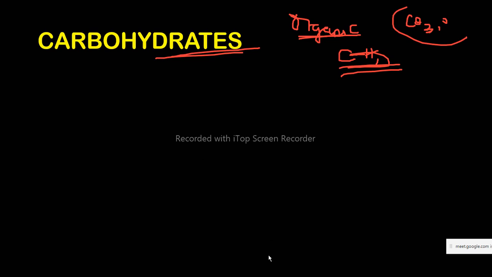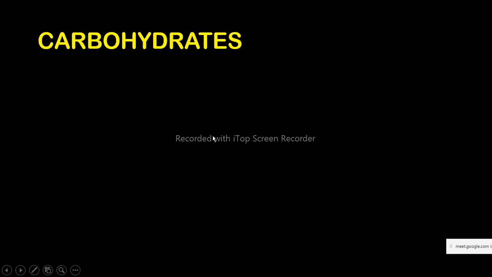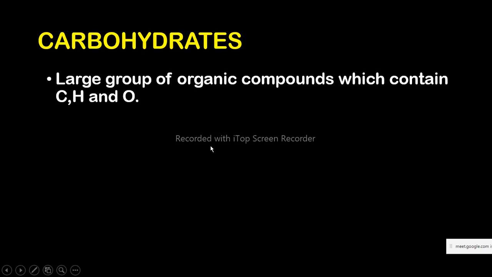So carbohydrates are organic nutrients, organic compounds made up of carbon, hydrogen, and oxygen. Carbon, hydrogen, and oxygen only. No other element is involved. And they have a general formula of